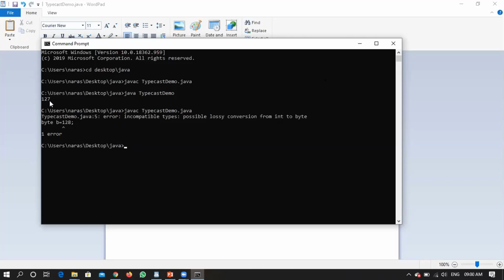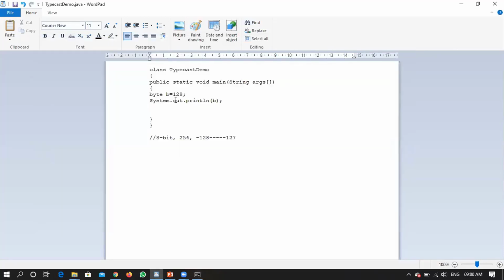Now you are crossing that particular byte range, so for 128 it is saying that you might be thinking of putting an integer value into a byte, so it is showing an error, right? Now what I will tell the compiler is, yes, I am aware that this particular 128 is an integer itself, but put that into a byte by converting it to a byte, right?